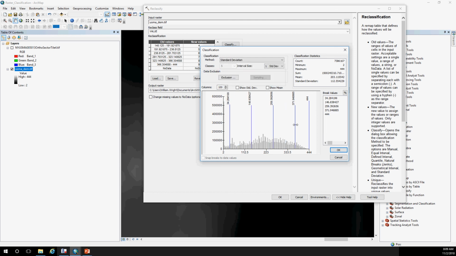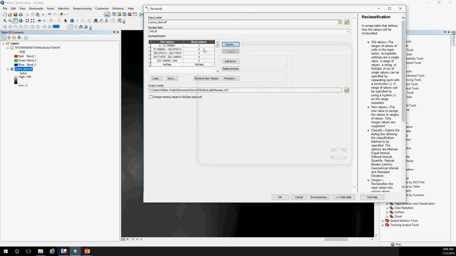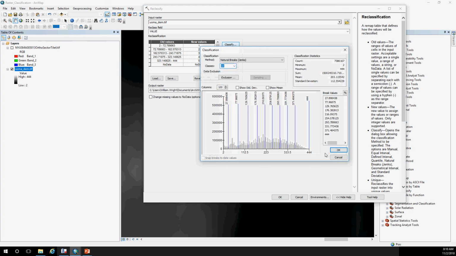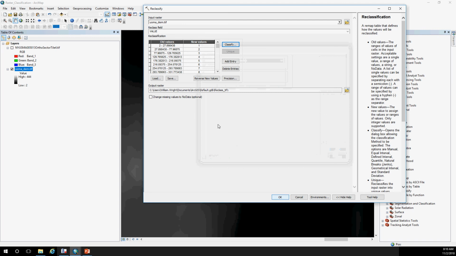Anyway, we can mess around with the different techniques to where we're going to draw these lines. I'm going to stick with natural breaks. I just like natural breaks personally. I've got 5 classes here this time. Let's go ahead and change that to 10. We'll say OK. Now notice I have an output raster. So again, make sure you store this someplace where you want it,